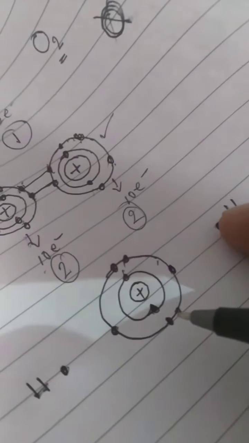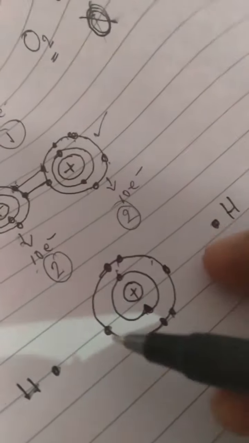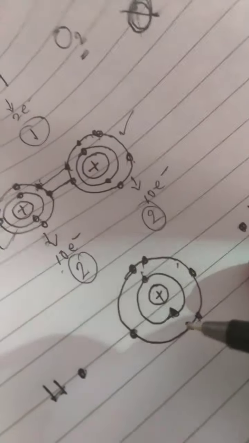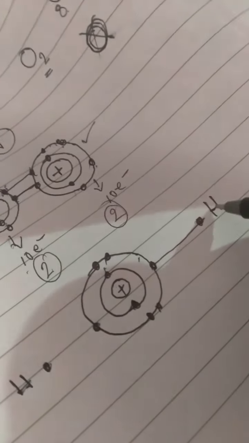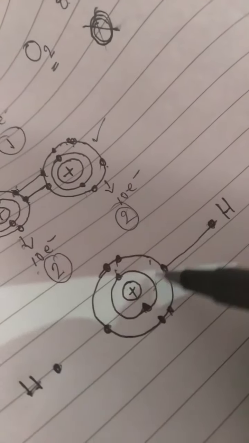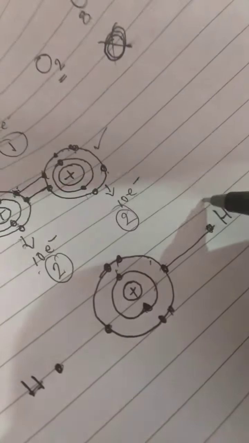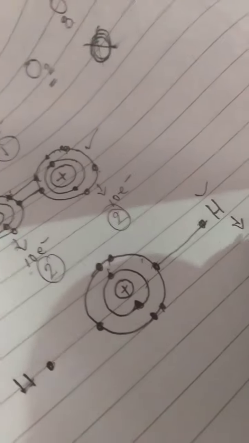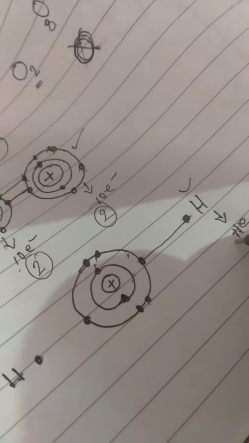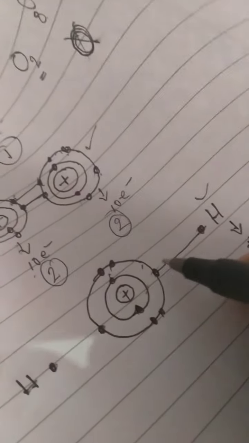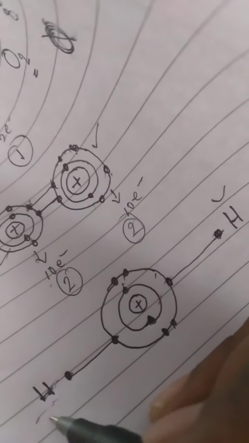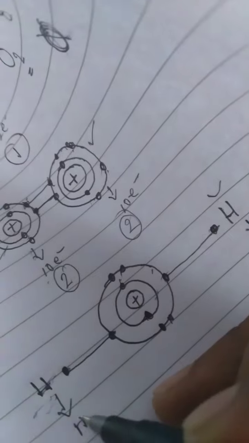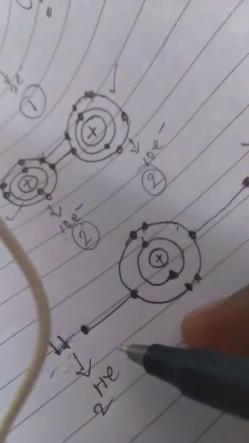Now what will this oxygen do? It requires 8 electrons in the outermost orbit. So already it has 6. It will first try to share 1, because hydrogen also requires 1. See, hydrogen's duplet is complete, 2 electrons it got. So hooray, hydrogen has achieved the nearest noble gas, helium configuration, 2. Now this hydrogen will also share with this electron, so it will also achieve the nearest noble gas.